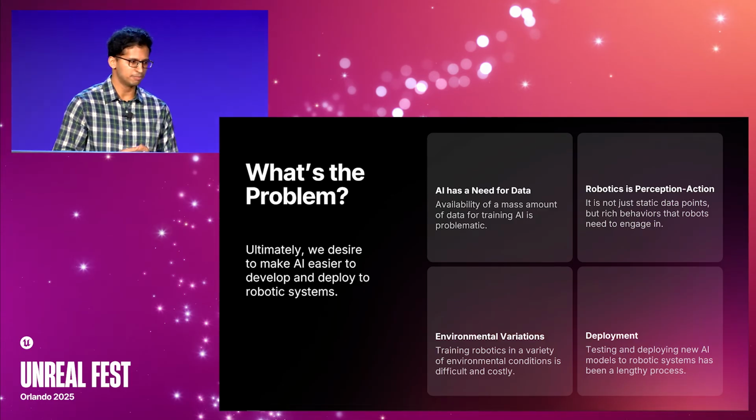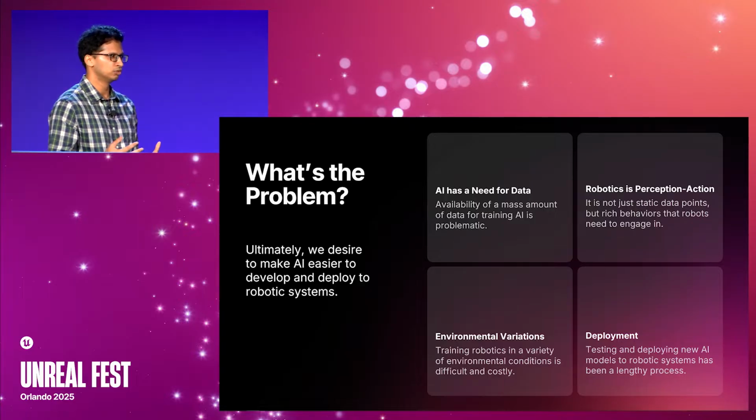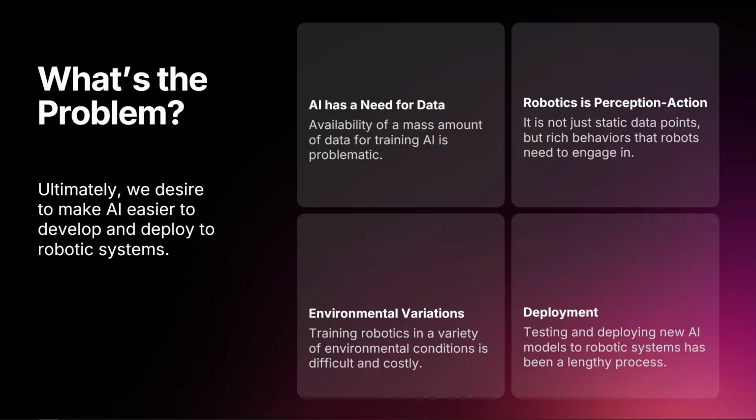But at the same time, these robots are, at the end of the day, running in the real world, which is a fairly challenging endeavor. You have so much diversity, so much variation in what these robots are expected to do. And most importantly, I believe the challenge is partly the fact that it's not static data sets. It's not about a bunch of text or a bunch of images. It's really these streams of data that are about behaviors. Like, how do you pick up an object like this? Or how do you have a navigation robot go through this room and maybe interact with people? So behaviors are an exponentially harder thing to simulate and get right, and especially to create the level of variation that you want.